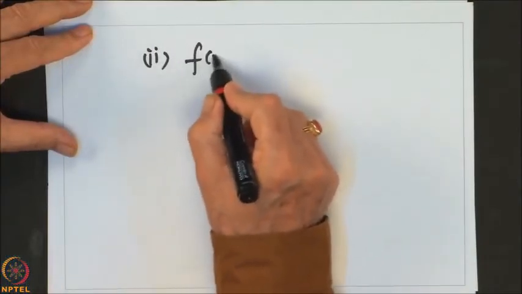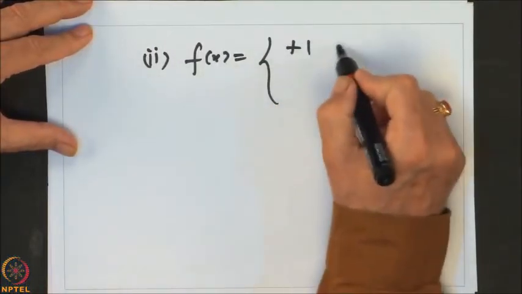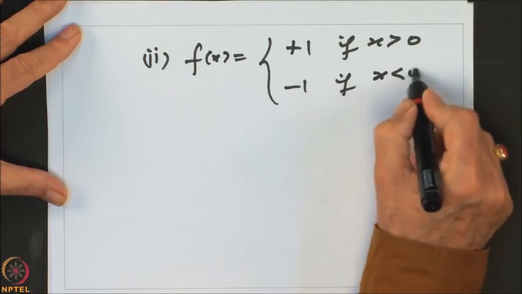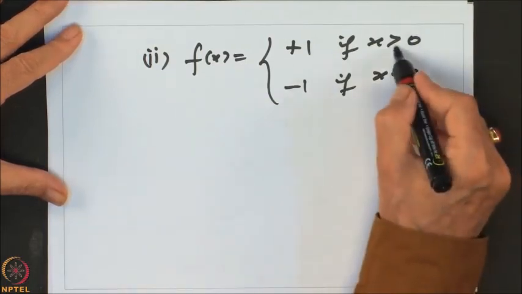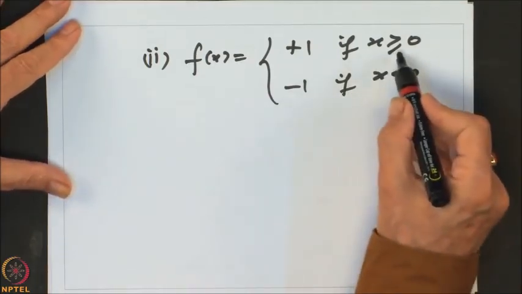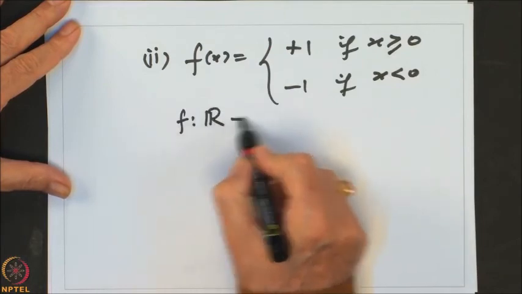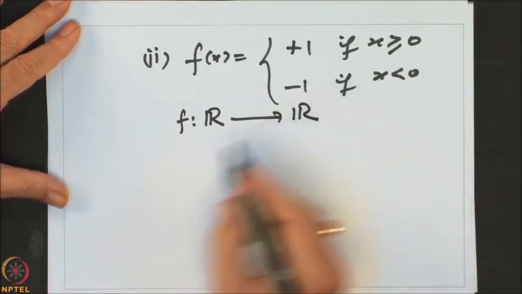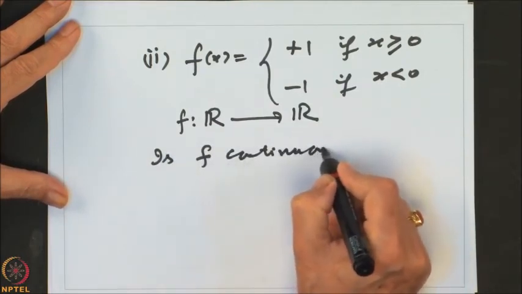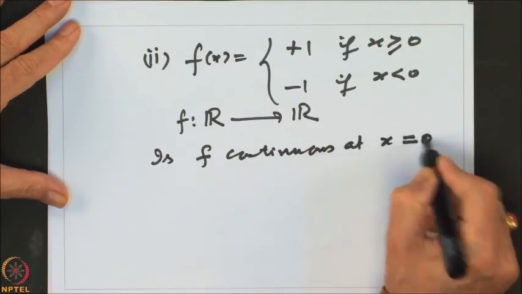Right. So, let us look at another example of a function. Just now we had looked at that example. So, let us look at an example f(x), which was defined equal to plus 1 if x is bigger than 0 and minus 1 if x is less than 0. Let us say bigger than or equal to 0, does not matter, because now f is a function defined from the whole real line to the real line. So, the question is, is f continuous at x equal to 0?